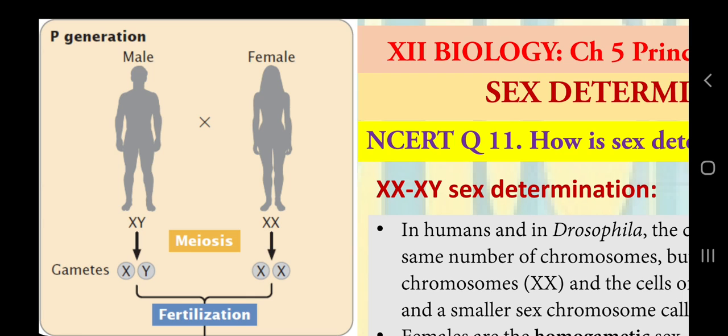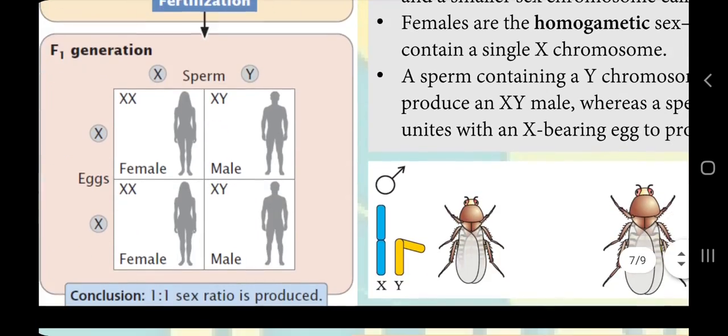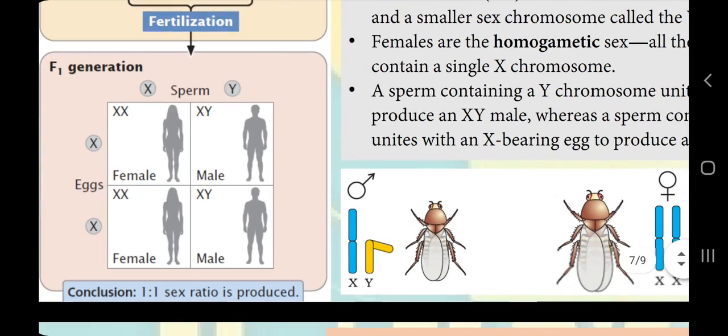Here we can see that the male is producing two different types of gametes, X and Y, and the female is producing the same type of gametes, X and X. So what are the possibilities? Let's reconsider the monohybrid cross. Recall that we calculate the outcomes of any genetic cross by using a Punnett square. Here we can make the grid as we have learnt in our previous lectures,